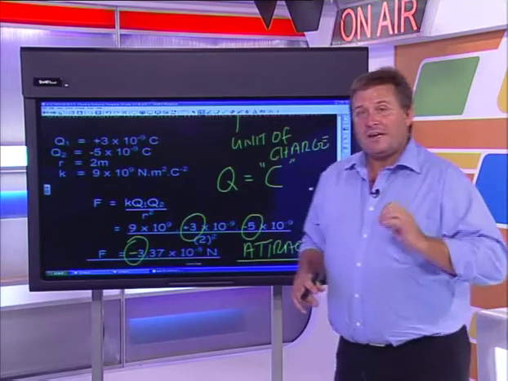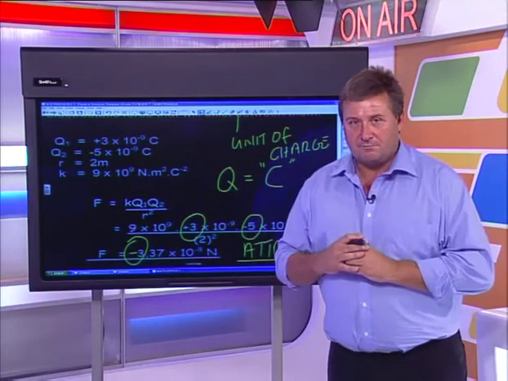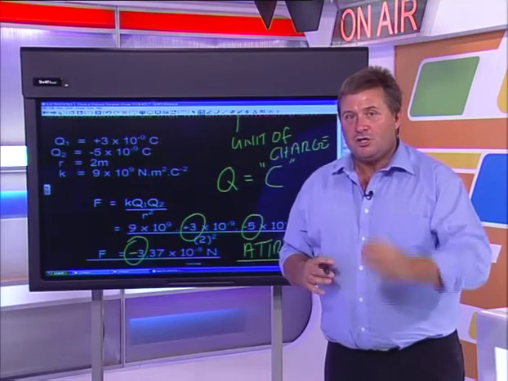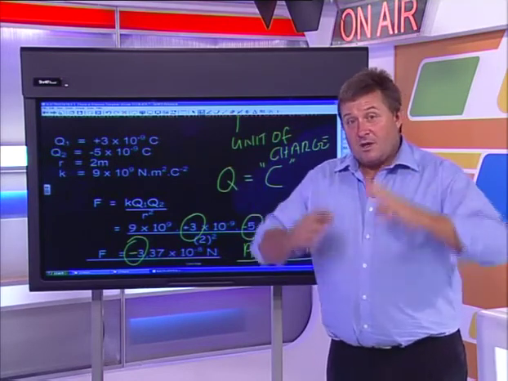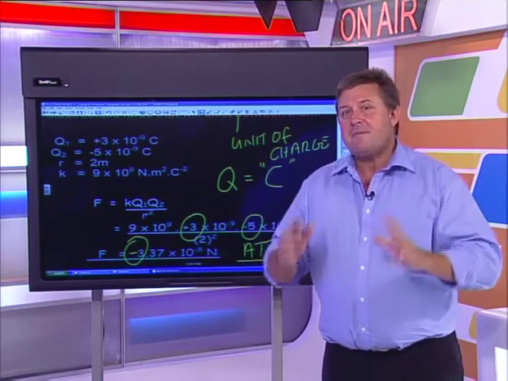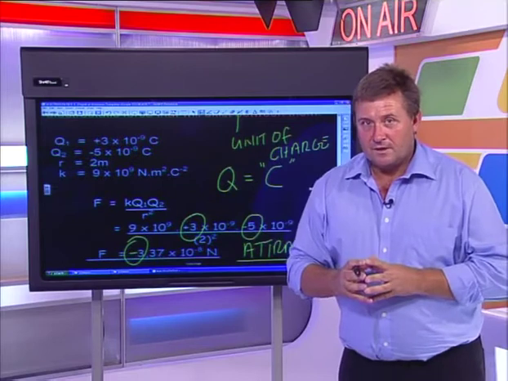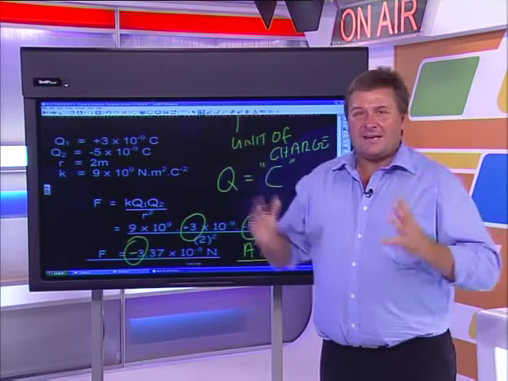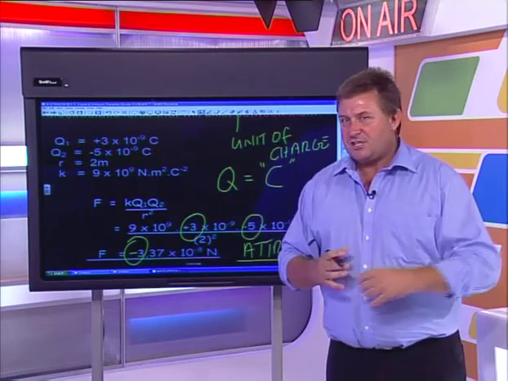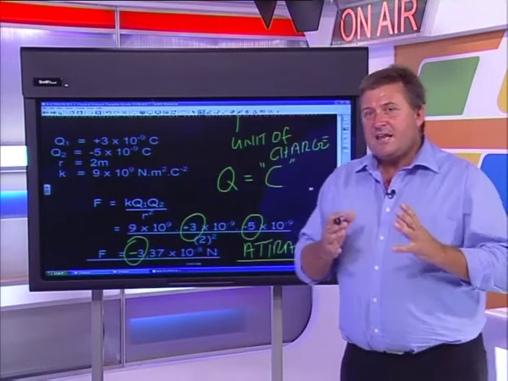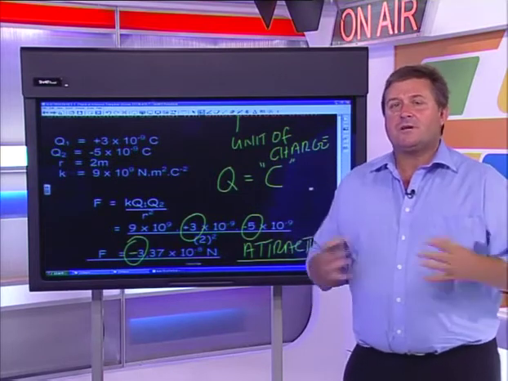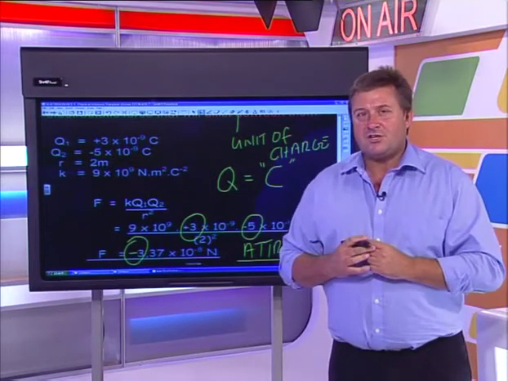I want to talk a little bit about this unit of the coulomb. Now, as I said earlier, we measure charge in coulombs. But one thing we have to take into consideration is that charge can be incredibly small. You might say, well, hang on, what about lightning? Lightning is a big electrostatic bolt, a discharge of electrical energy. Sure, that's big. But if we're dealing with small little objects, especially objects that you rub on your sleeve to charge up through friction, those charges are actually very small.